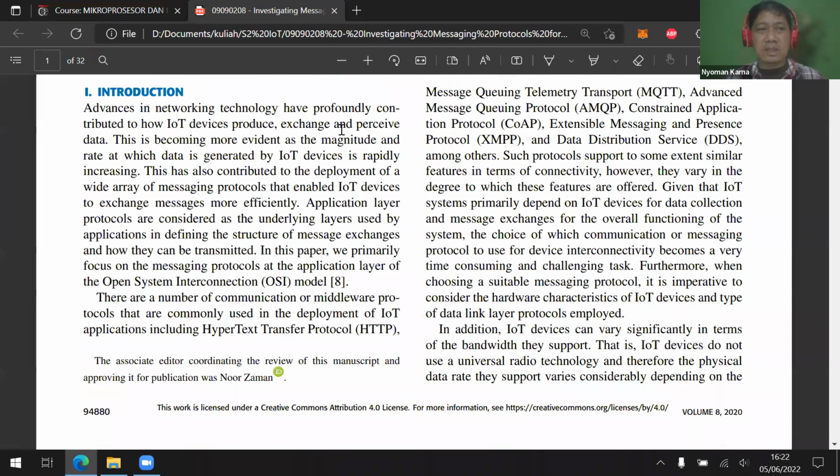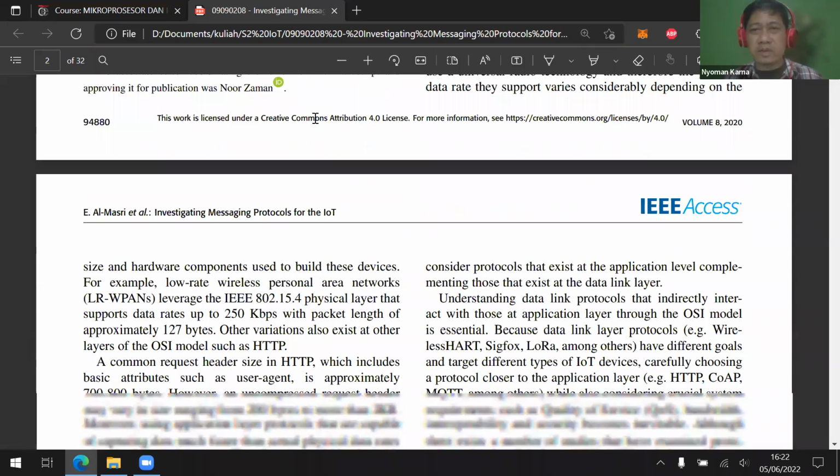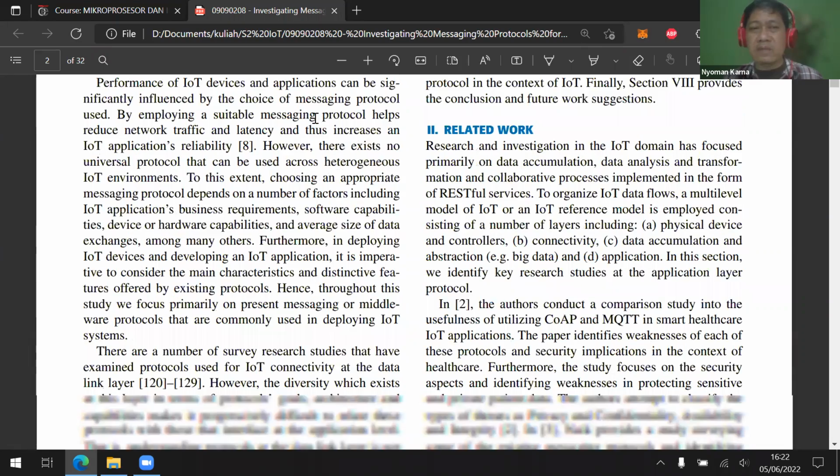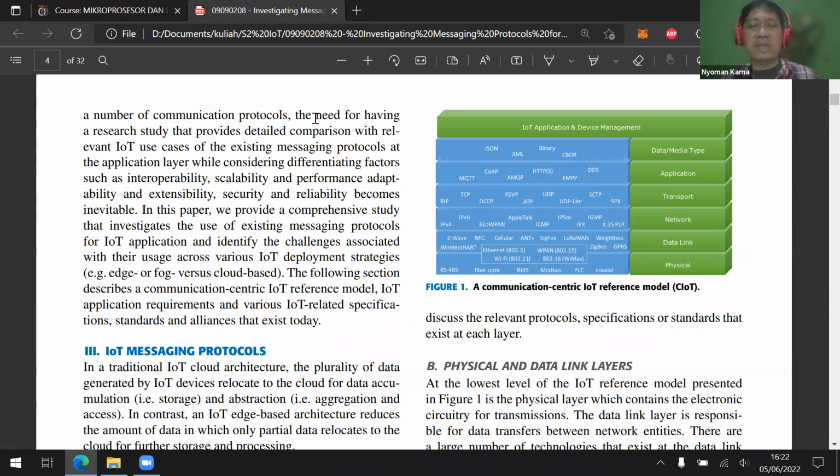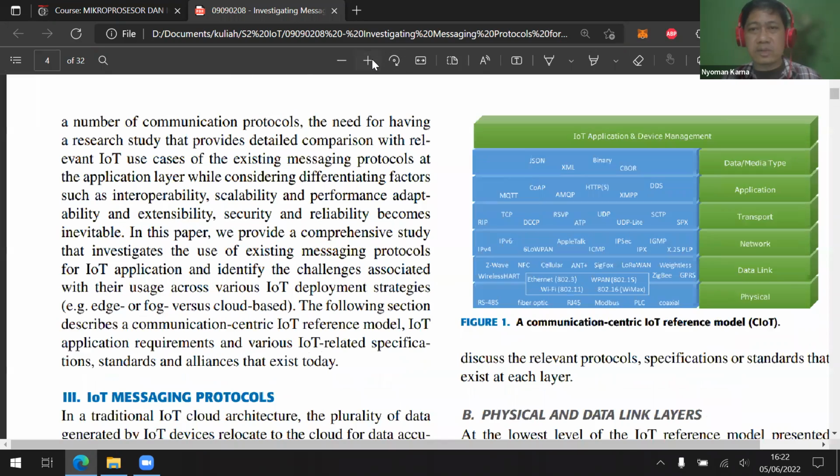It's a very long survey paper, so we can just focus on several points. The first one is the IoT reference model described by the survey paper. Let me zoom in on this one.